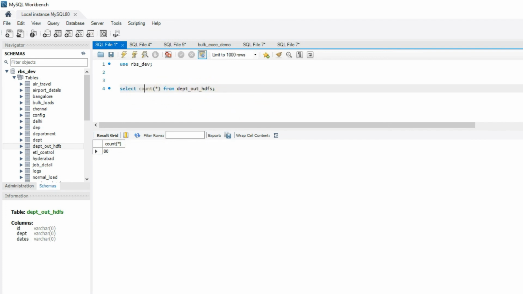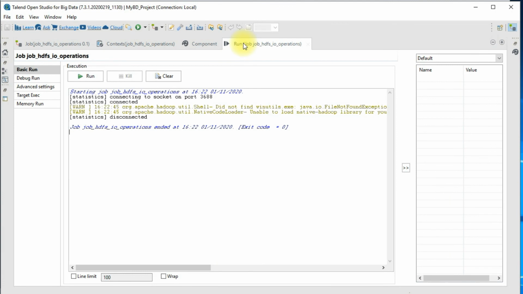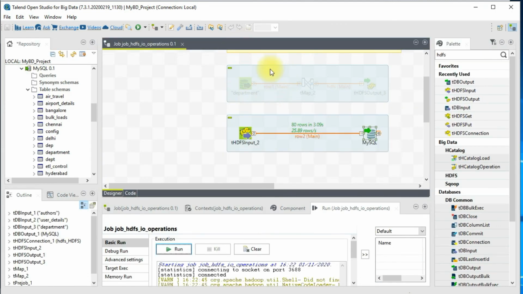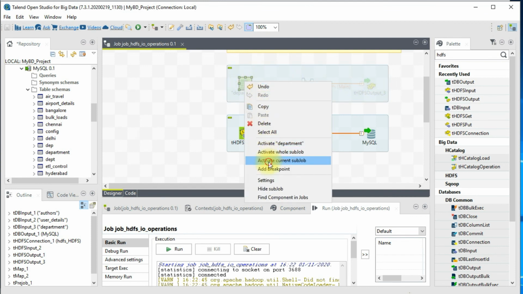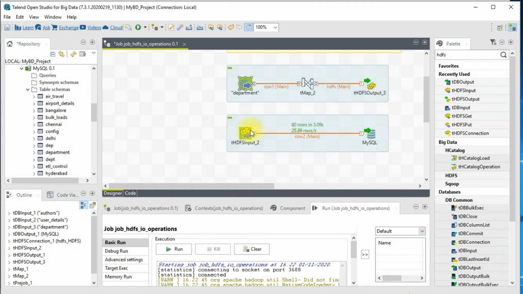That's all for this demonstration. So we have looked at an example wherein we are using a database to load the data onto HDFS, and in the next example we have retrieved an HDFS file and then loaded that data into a database. Right, you can perform any aggregation or any sorting or any lookup or anything like that. You can do several possible scenarios here. This is just for demonstration purposes.